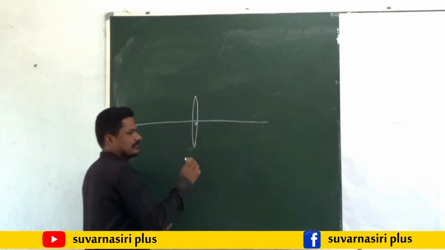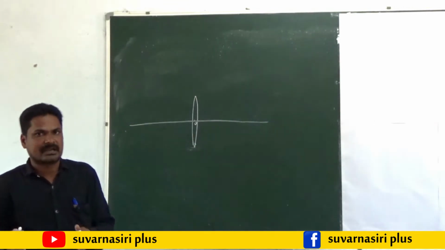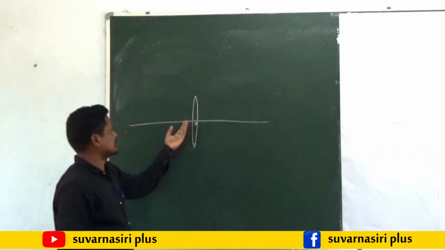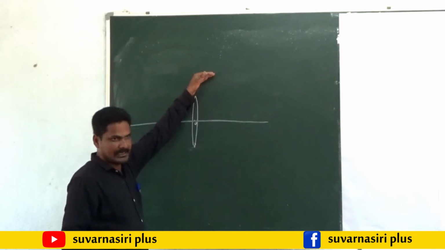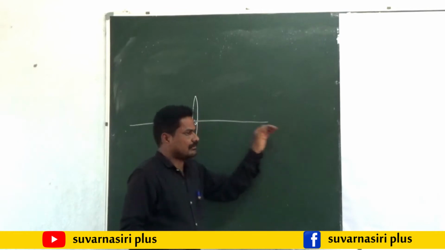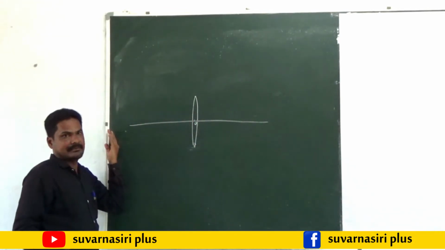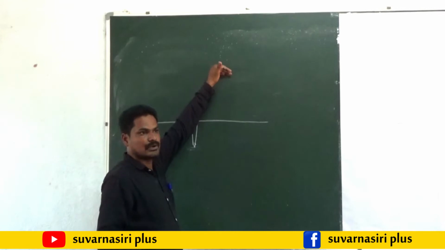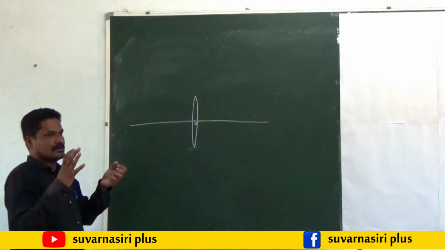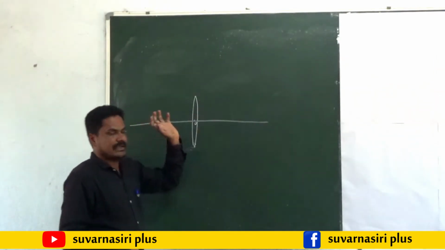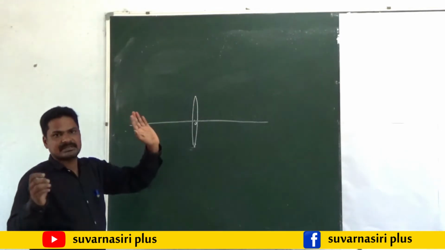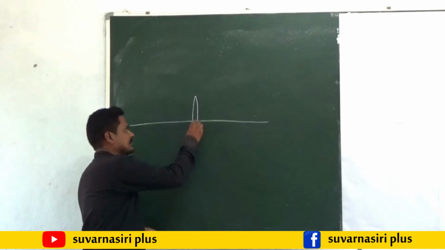If we study the Cartesian method of graph, we have to follow that this is the x-axis and this is x dash, this is the y-axis and this is y dash. Here we take these values as positive and these values as negative, and these values as positive and these values as negative. Okay, so in the case of sign conventions, we have to follow these rules only.